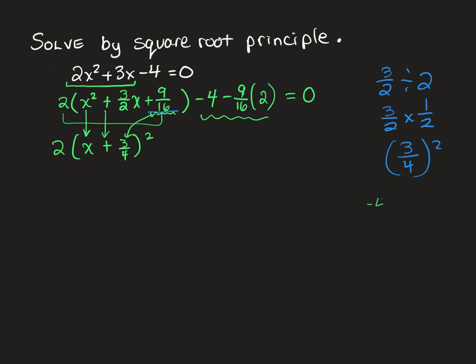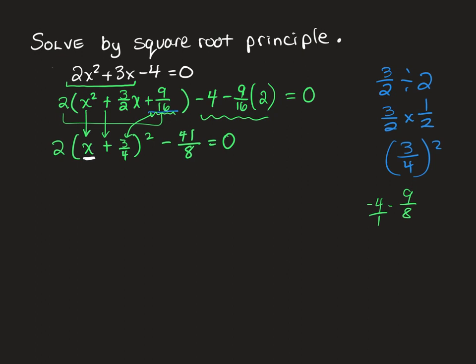And then we can put all this in the calculator or do it by hand. So let me see, -4 minus 9 over 8. I would suggest you put it in the calculator. So -32, and you should get minus 41 over 8, if I did that right. I think I did. 9 over 8. Yep, -32 minus 9 is going to be -41. Good. Okay, so we are now in the right form where we can isolate x, right, by using square root